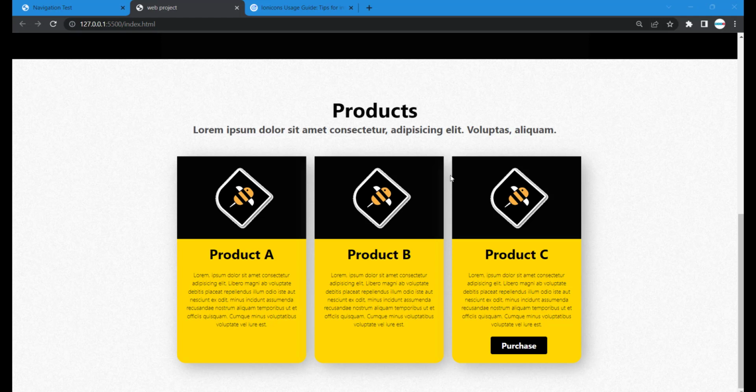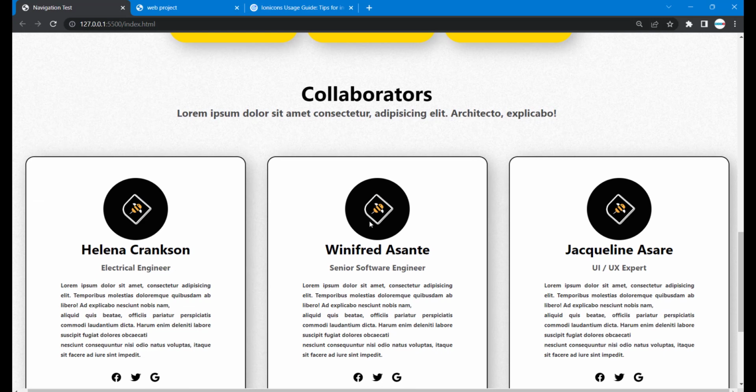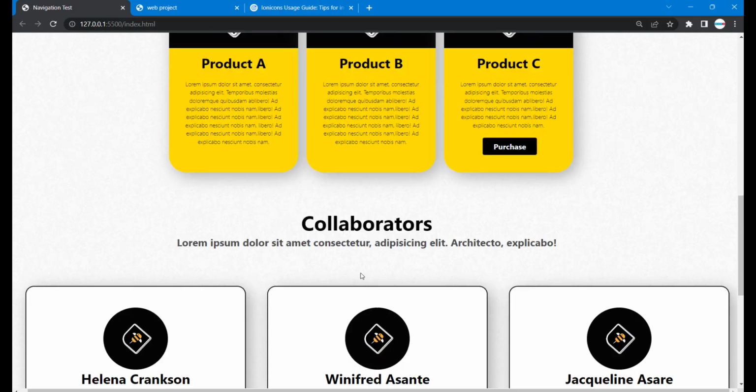In our previous lesson, we were able to do these. Now we want to actually work on this, and then we'll finally do this, and then we'll move to the footer. So first, let's begin with this. But before that,